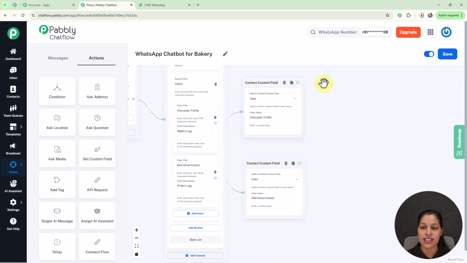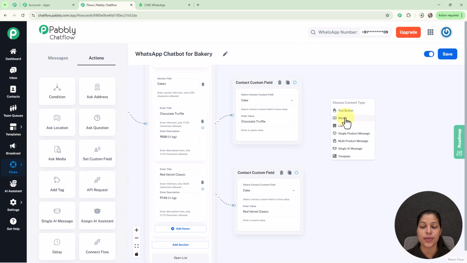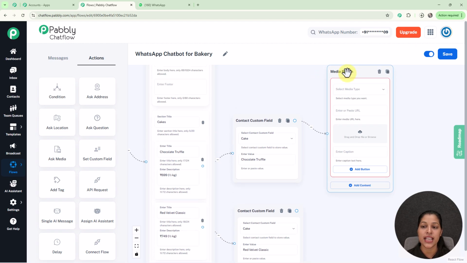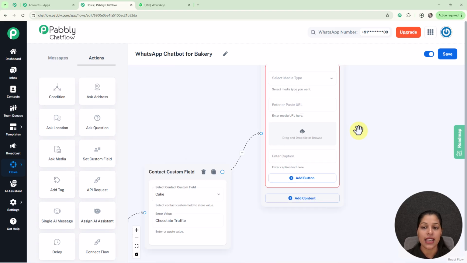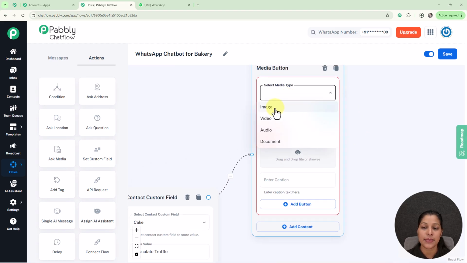So for that we just have to drag and drop and select media over here, and as you will select this media you will be getting this media button message, and by the help of this media message you can provide any type of media such as audio, video, document, etc. to your customers. And now here I am going to select my media type as image, as I am going to provide the image to my customers,